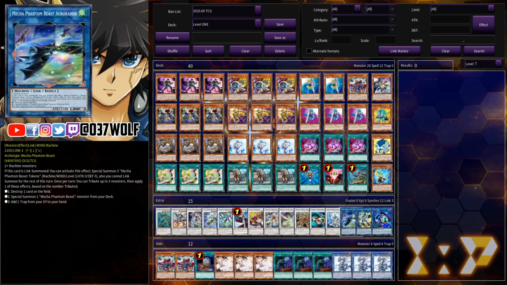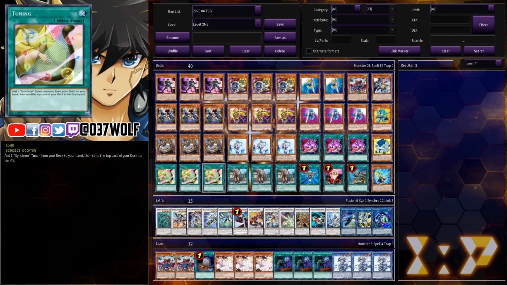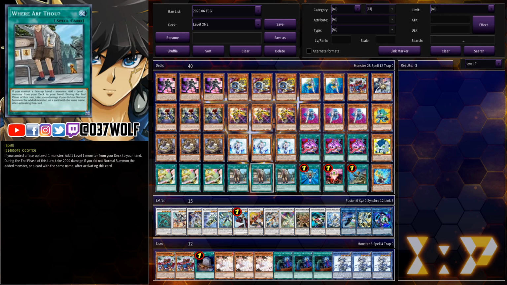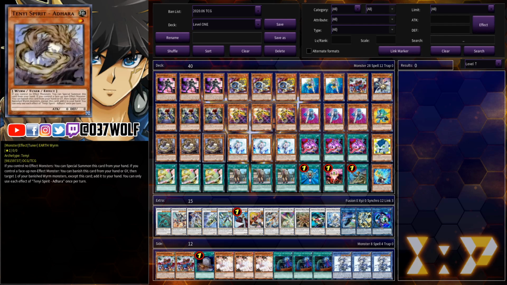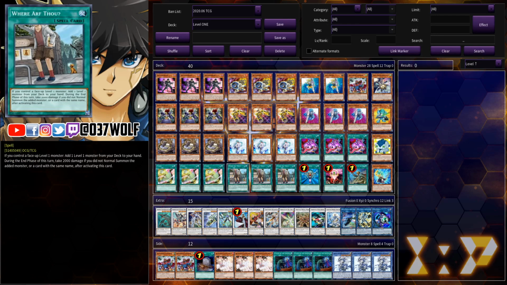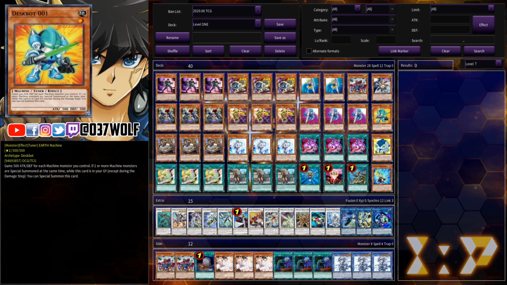So yeah, these are your main extenders, your consistency pieces, because they work with War Arfdal, and War Arfdal just becomes insane, because your entire deck is basically level 1s, so you can search essentially anything. Which is what I like about the Tiny Spirit Adara, because this doesn't use normal summon, so you can special this, activate War Arfdal, search righty, and then that sets up your play to play past Imperm